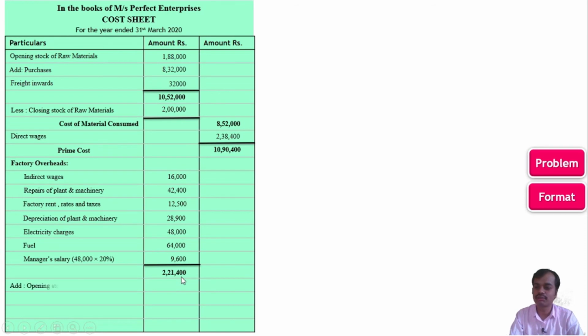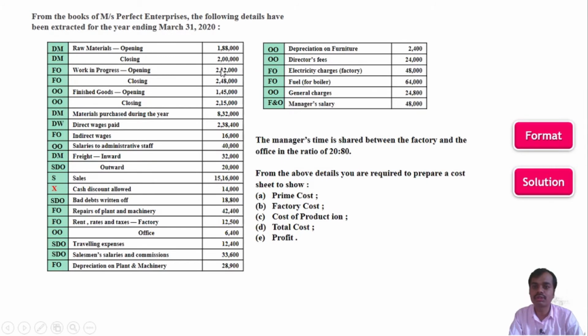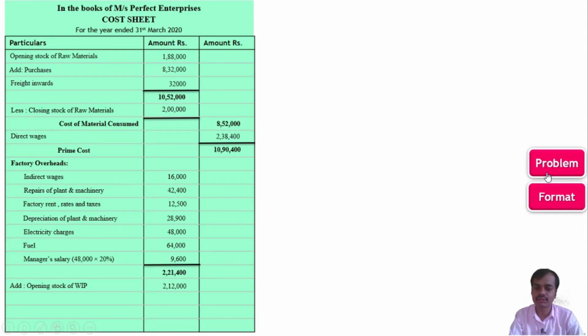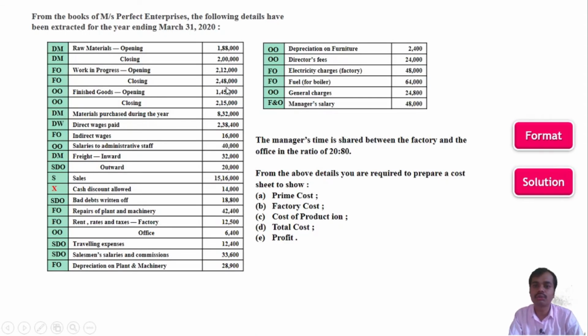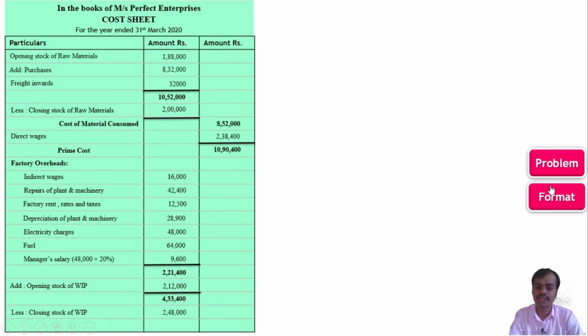In this total we will add opening stock of work in progress, which is amount rupees 2,12,000. Let's take 2,12,000. We will add it. The total is 4,33,400, and from this we will deduct closing stock of work in progress, which is given 2,48,000. So let's take 2,48,000 and we will deduct it and write at the outer column